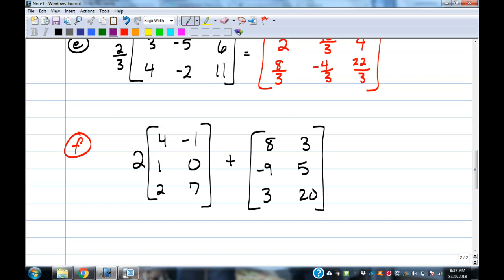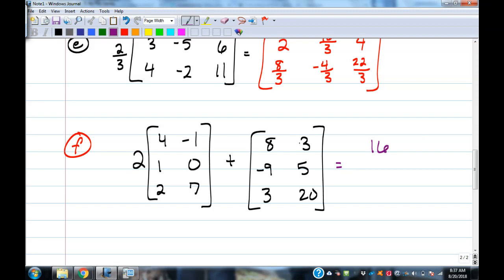Can these two matrices even be added? What size is this one? 3 by 2. This one's a 3 by 2. So we're good to add them. So I'm just going to go ahead and multiply. 2 times 4, 8 plus 8, 16. Okay. 2 times negative 1,